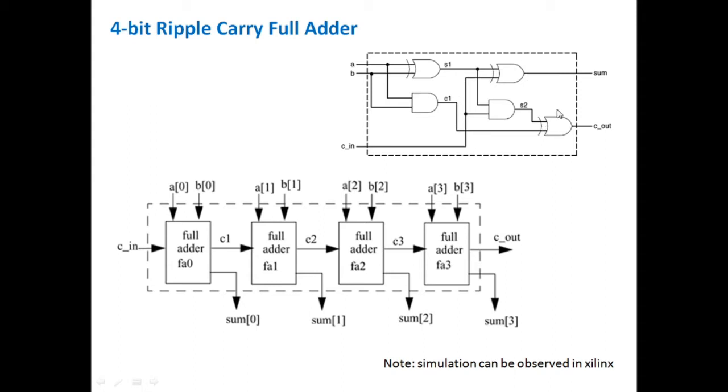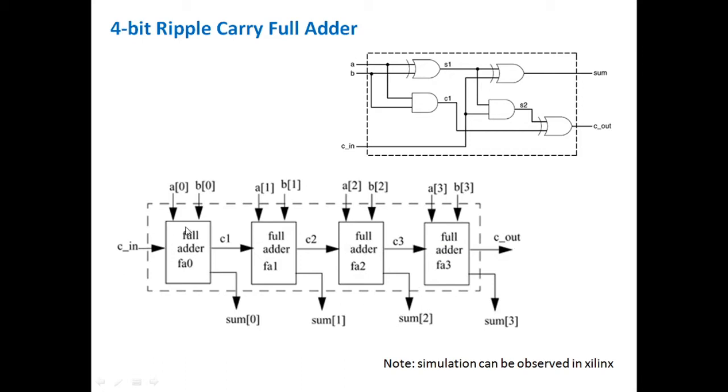A single bit full adder has inputs A, B, Cin, and the outputs are sum and carry out. The gate level hardware realization for a single bit full adder is this one. I need to instantiate 2 XOR gates, 2 AND gates, and 1 more XOR gate. As soon as a single bit full adder is developed, I can develop my 4-bit ripple carry adder by instantiating 4 copies of the single bit full adder circuit.